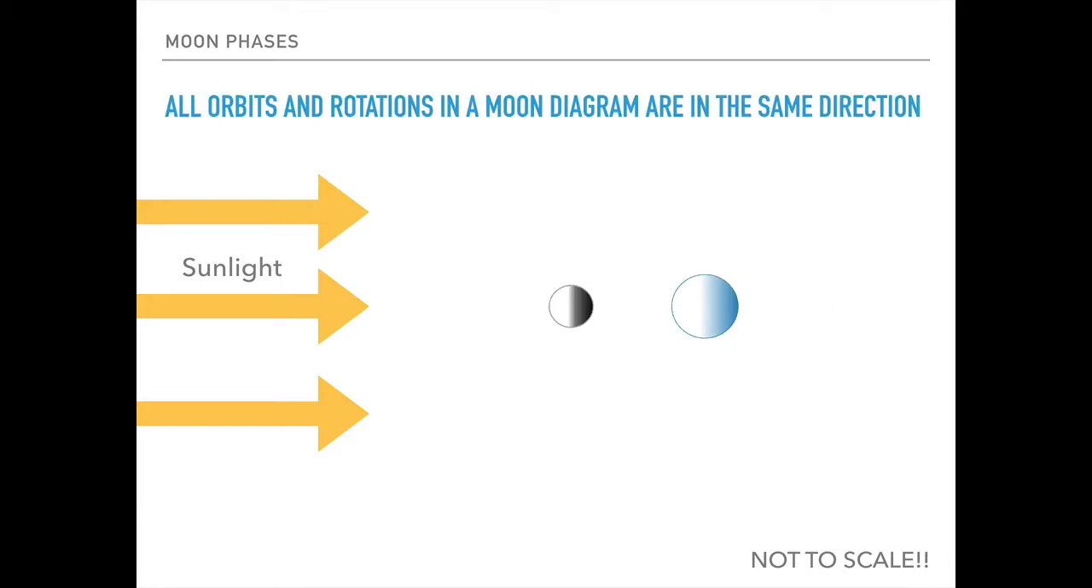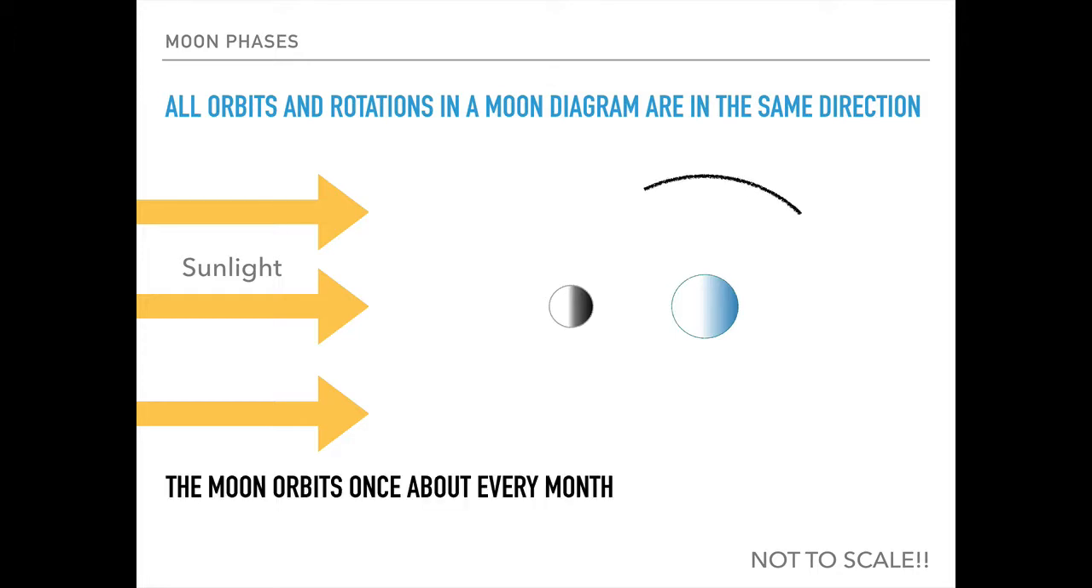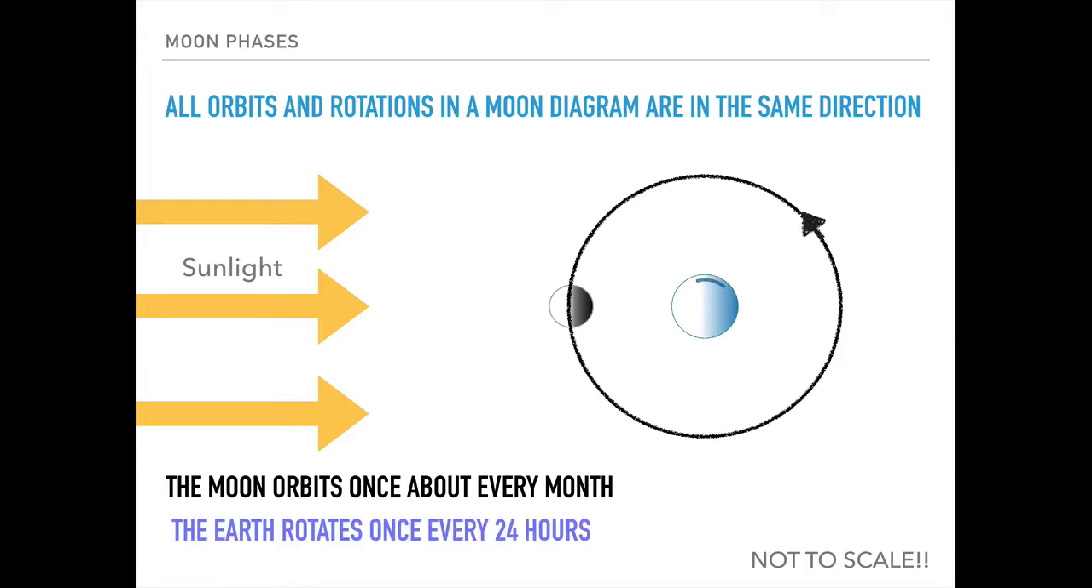Remember that all orbits and rotations for the Earth and moon are in the same direction, with the moon orbiting Earth and going through its cycle of phases in about a month, and Earth rotating once every day, or 24 hours. From part 1 of this video, you should already know how to place the moon in the correct position